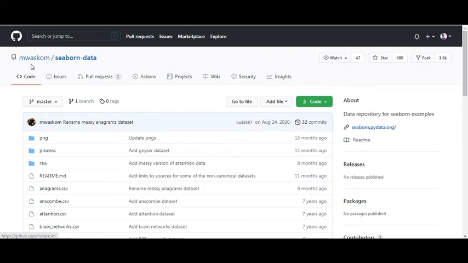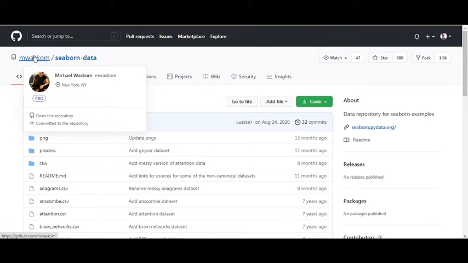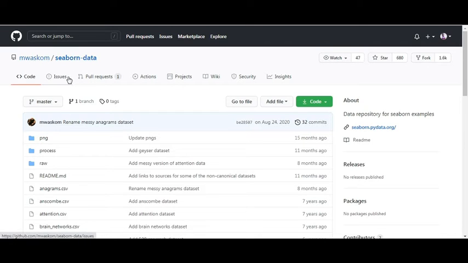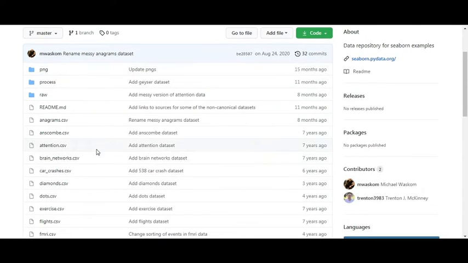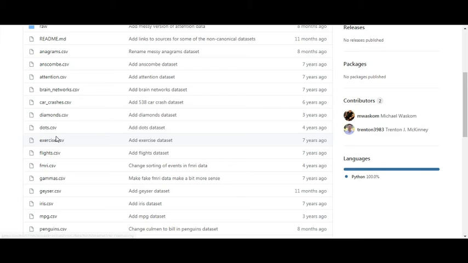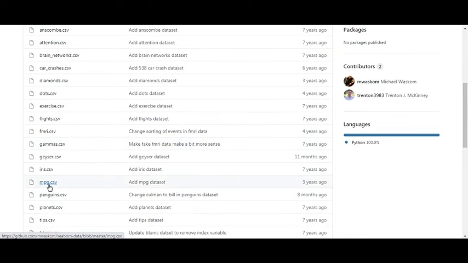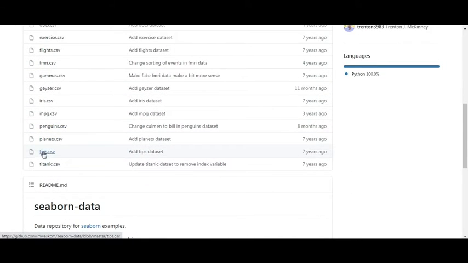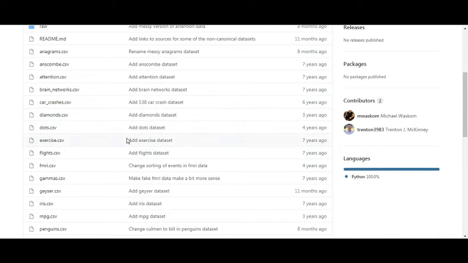This data is made available by the creator of Seaborn, Michael Waskom. We saw this in the previous session also. He has made Seaborn data for learning. Whatever we observe: the names, anagrams, then dots, exercise, flights, geysers, penguins, planets, tips, and Titanic. So all the files are available here.